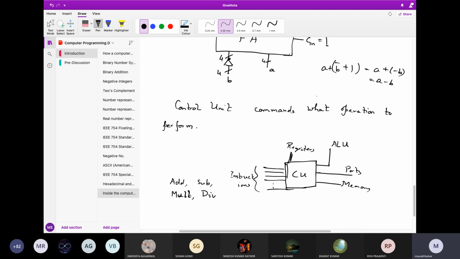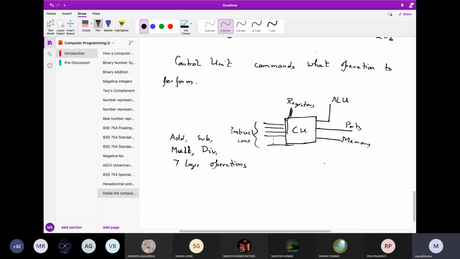If the instructions are something like that, and also the 7 logic gates, the 7 logic operations, then the corresponding ALU bit is turned on. That means the command is going to the ALU. In fact, it is not a single wire. Various signals go through this. As for example,